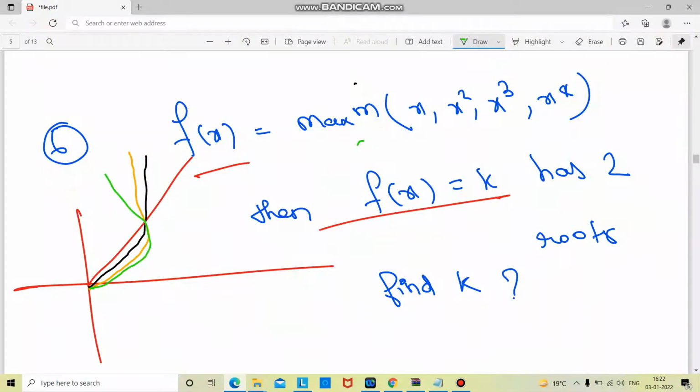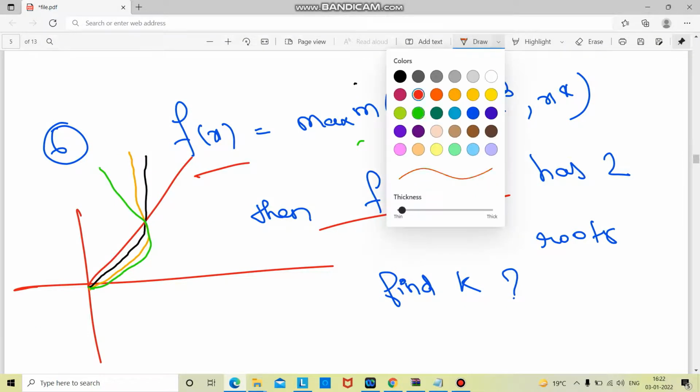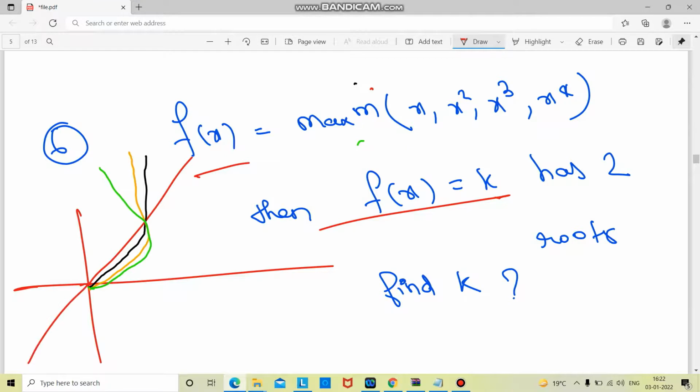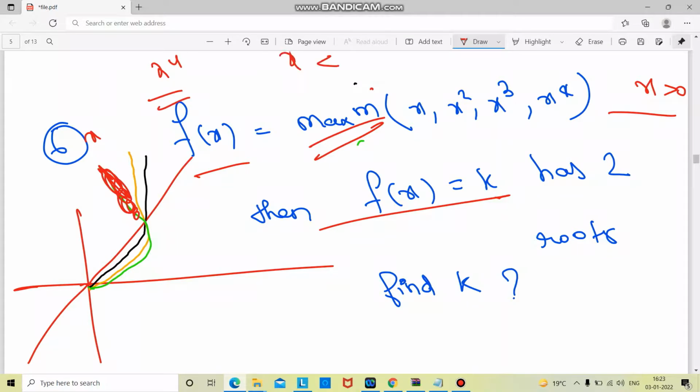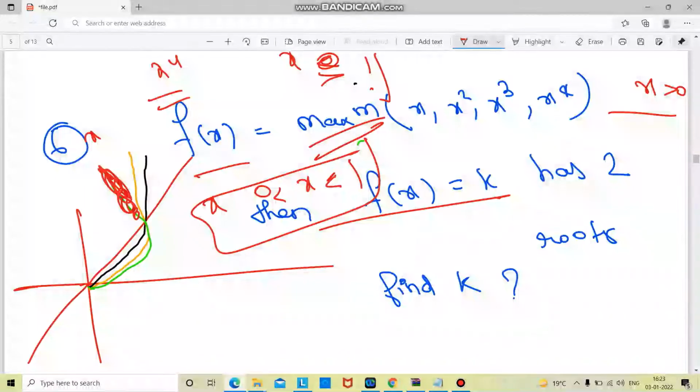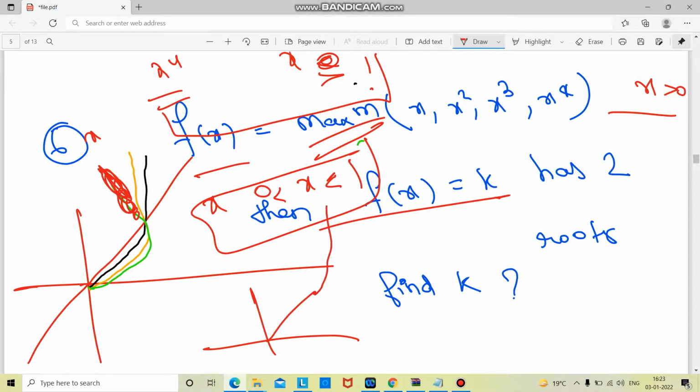And x to the power 4 is something like that. And like that only we can draw it in the negative side also, like this. And we are talking about x greater than 0. We don't care about the negative side. So for your maximum graph we have to draw, first this would be the part x to the power 4 for x greater than 1, and x for x lying between 0 to 1. This would be our function defined. So our graph would be automatically something like this.